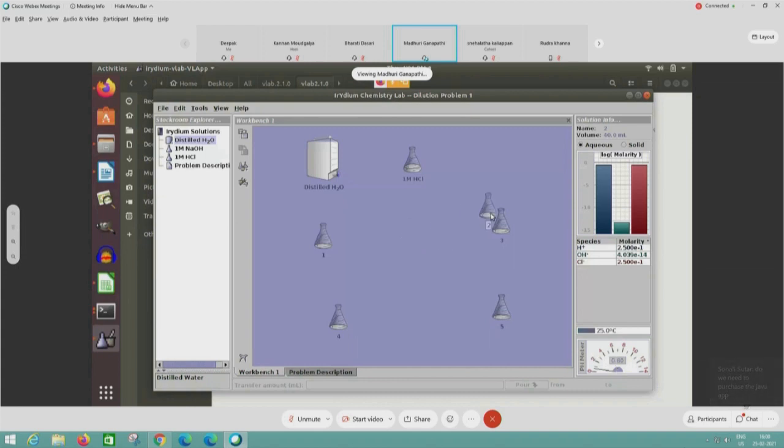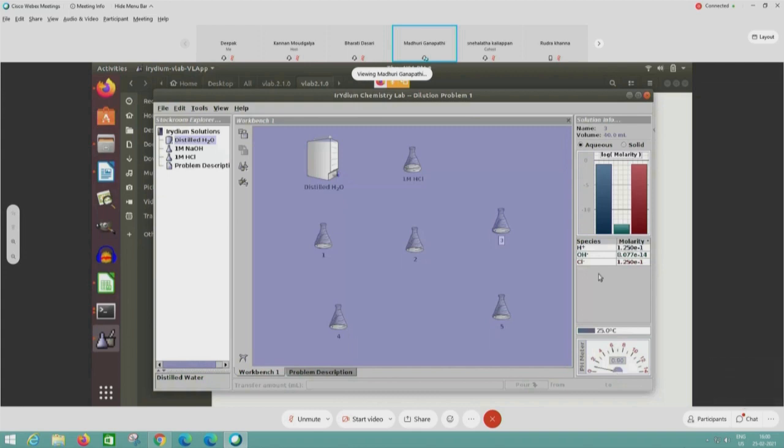The next dilution is again the same, 20 again. So what can you see now? It is 1.25 into 10 to the power of minus 1, that is 0.125. It is the third dilution, and the pH meter shows 0.90.